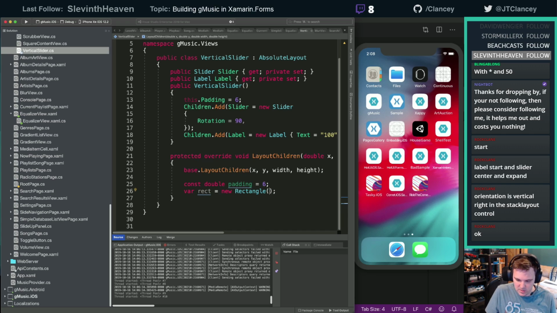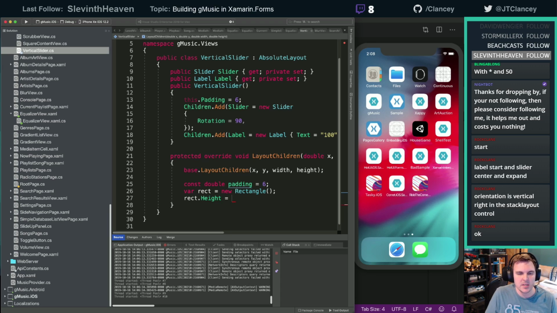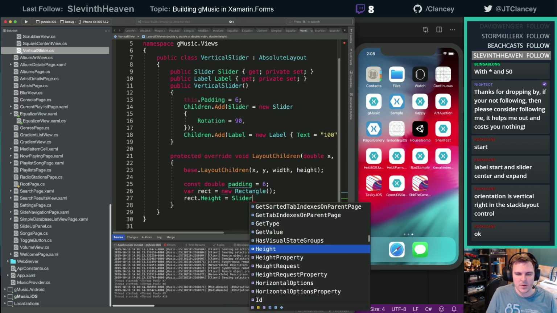All right, and we're just going to leave it as that. Okay. So our rect dot height is going to equal slider dot, no, I don't care about the slider height.